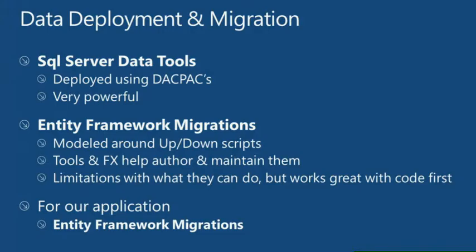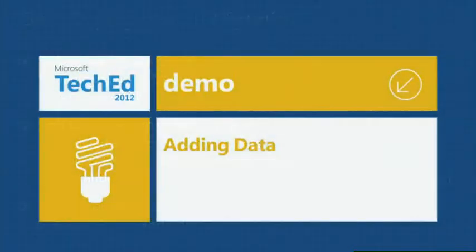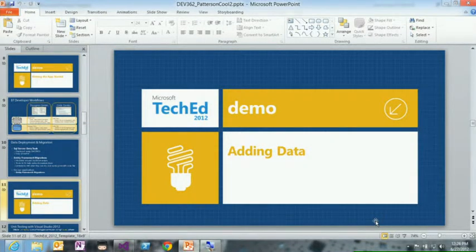We talked about that with my models, but I also want to define how I migrate in code. I define what my up and down scripts look like. I want to control how they execute, but I want to do that with code, C# code or VB code instead of SQL. There are some limitations with this approach, unfortunately. Right now, it doesn't really work with stored procedures or functions. You really are limited to creation of tables, creation of indices, creation of foreign key relationships. And then you're going to use just regular Transact-SQL with no stored procedures that's generated for you by the framework. All right, so let's go back to our application